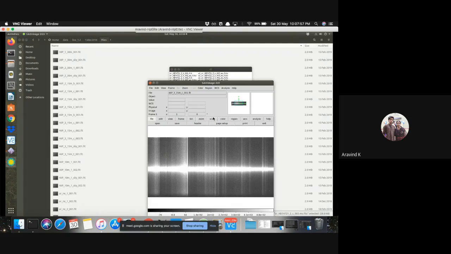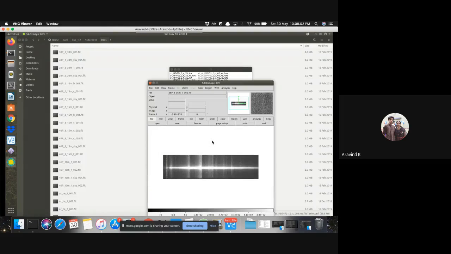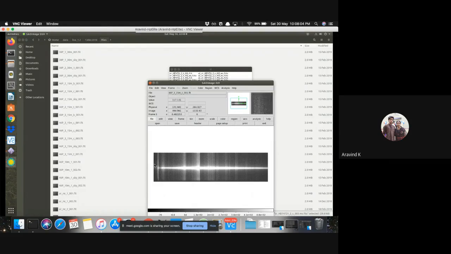So this is a comet spectrum. Whatever you see are molecular emissions due to fluorescence efficiency. Basically, when comets approach the Sun, whatever ice is present in them starts sublimating. So you see an emission spectra over it.